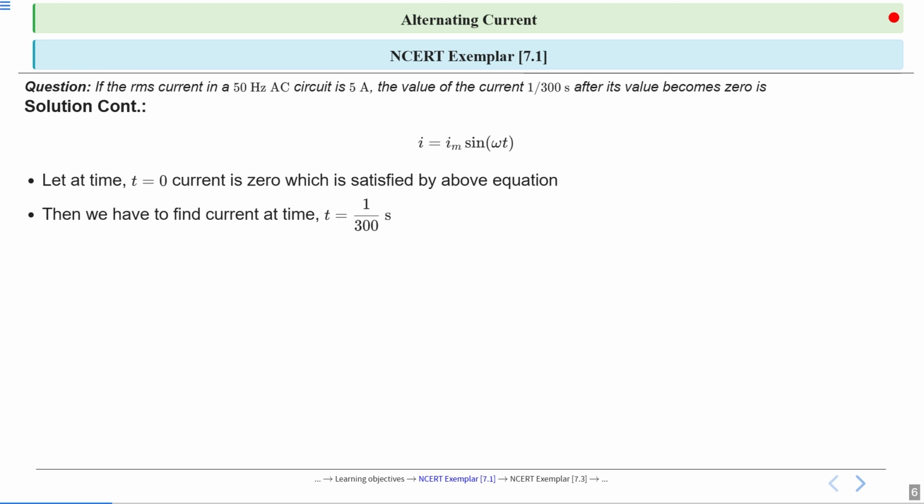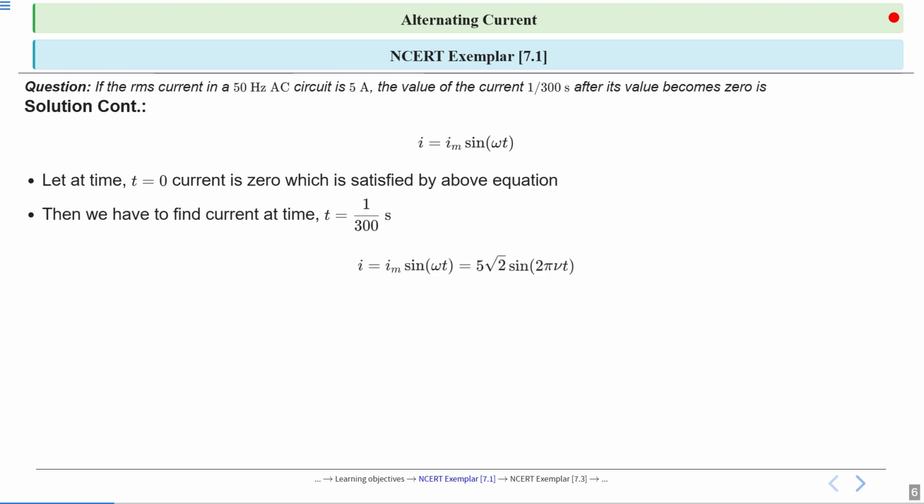Okay, if 0 is being reached at some other point, let's suppose the current is not 0 at t equal to 0, then we have to find at what time the current is 0, and after that time, add 1 by 300 seconds to that time. After that cumulative time, the current has to be found. But at t equal to 0, current is 0. That's why at t equal to 1 by 300 seconds, we are going to find the